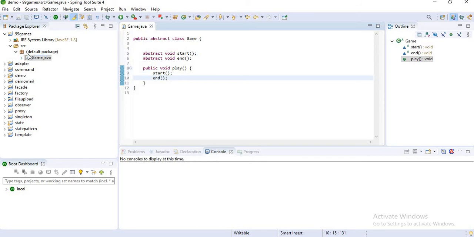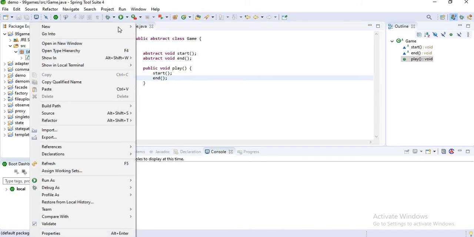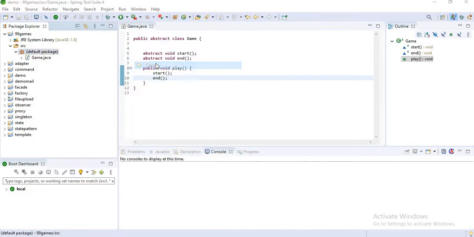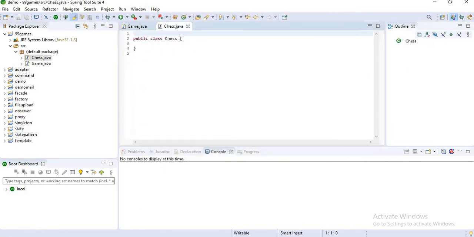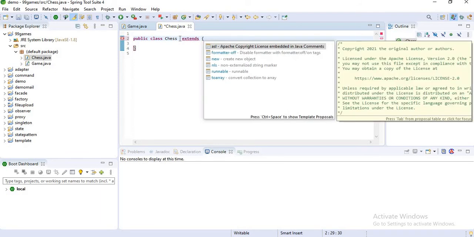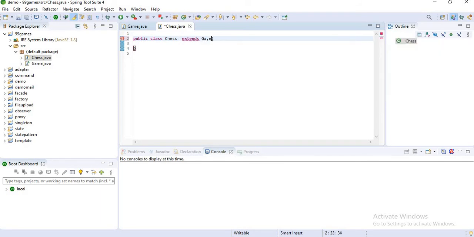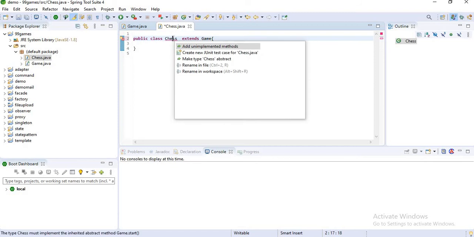Now I want to create a chess class. Here I want to extend my chess class with my Game abstract class. Now I want to add my unimplemented methods here.